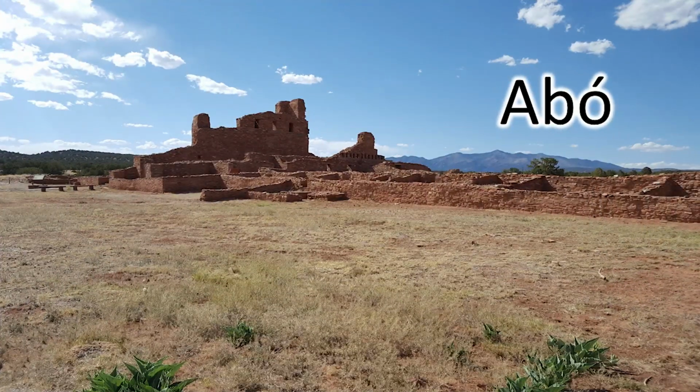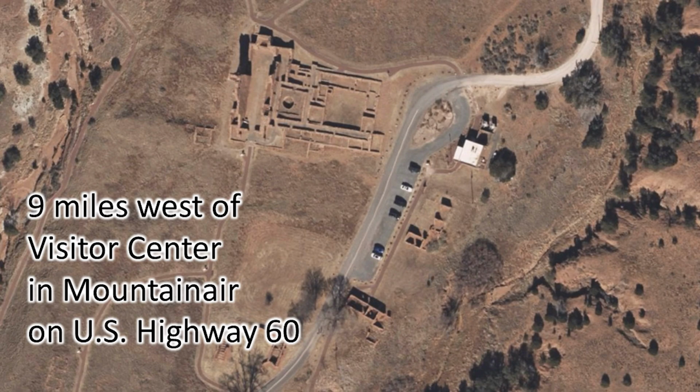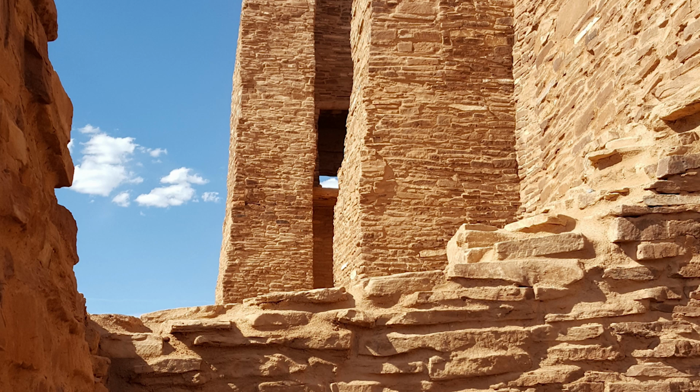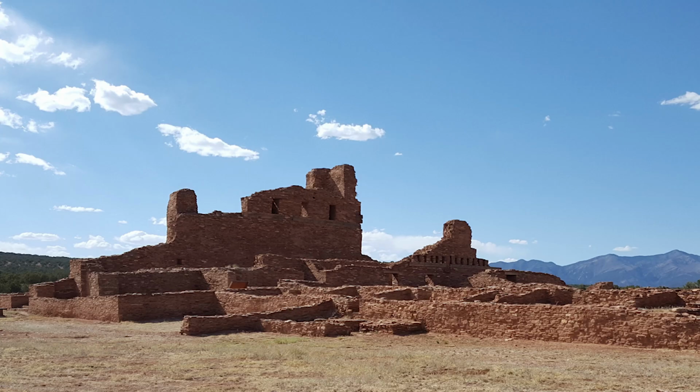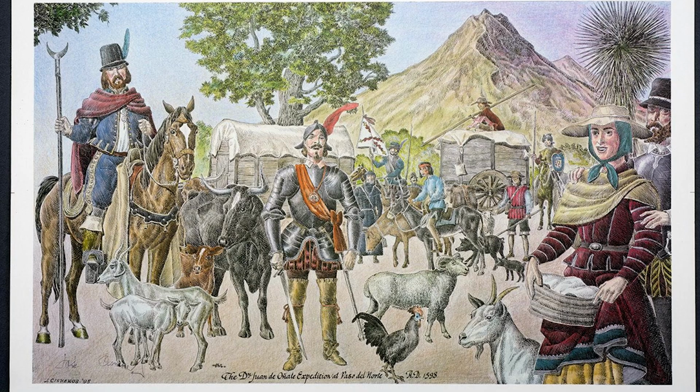Second stop is the church ruins at Abo, 9 miles west of the Visitor Center on U.S. Highway 60. The Abo unit contains approximately 370 acres. The number and size of the unexcavated Pueblo mounds suggests that when the Spaniards arrived in 1581, they would have found a thriving community. In 1598, a party led by Juan de Onate came to New Mexico to plant a